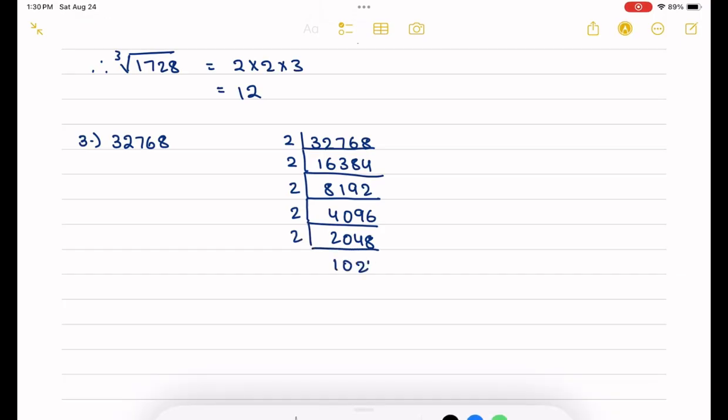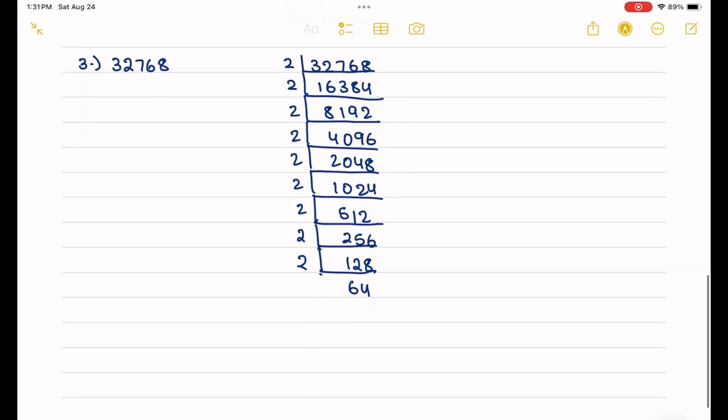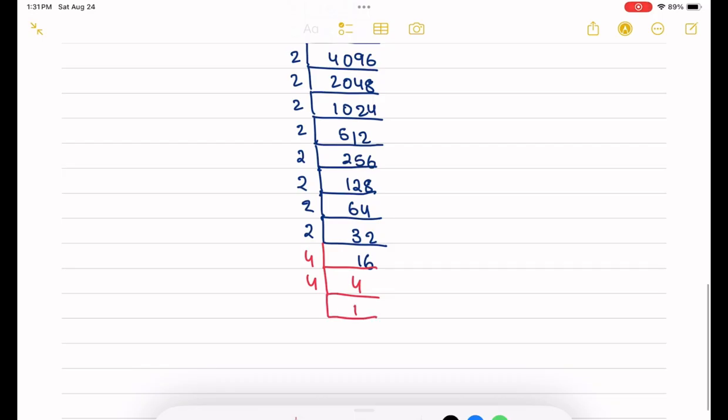16,384, 8192, 4096, 2048, 1024, then 512, then we have 256, we have 128, and then we have 64, and then we have 32, then we have 16. Over here, many a time people would try to take 4. Many people might want to take 4 because 4 fours and 4 ones is easy to complete. But in a way, this cannot be considered because for cube root, we need 3 numbers, a trio of the same number. And in this case, we will not have a third 4, which is why we cannot consider 4 as an option. We have to continue with 2,